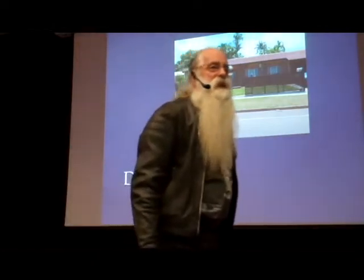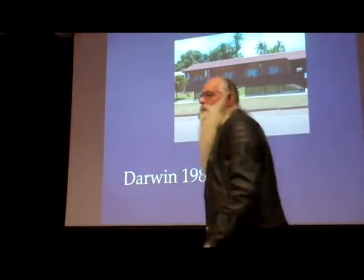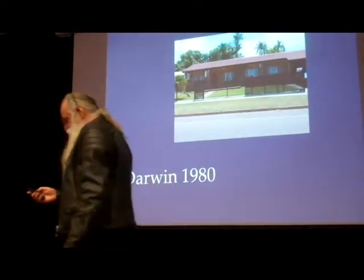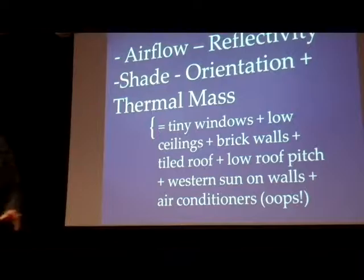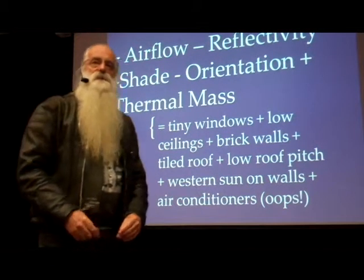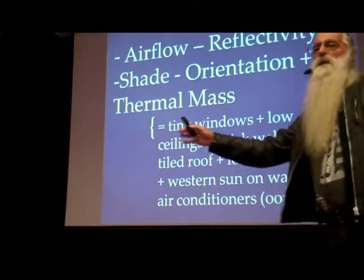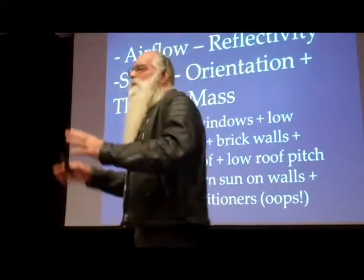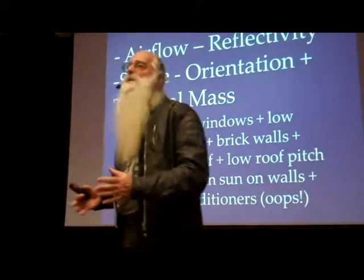Now, if we jump forward another 40 years and we see what they're doing in Darwin after Benny Burnett's moved off to Alice Springs and probably gone into retirement, what are we doing in Darwin? Well, we've taken away the airflow. We don't want any airflow in the house. We don't want any reflectivity, so we have nice stark roofs. We don't have eaves, cost money, so we don't have eaves on the roofs. So we take away the shade. We don't think about orientation because we want to squeeze as many houses into the subdivision as possible, so there's no room